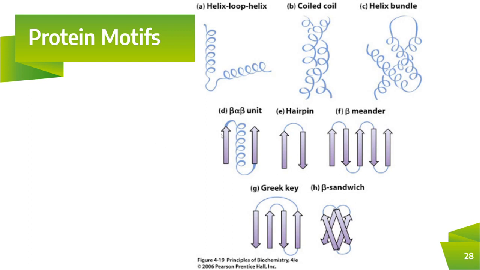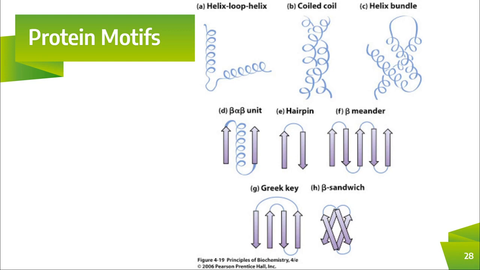Okay, Ashta, very good. There's also a hairpin structure. For instance, if you look at the very green part, you have one part of the beta pleated sheet going up, and then it turns around and goes back. This is the hairpin structure. If you're very creative, or have a good imagination, I would say you can also find a beta alpha beta unit in there. What I'm talking about is the very light blue part, on the opposite of the orange and red part. There's a light blue helix, which is connected on both sides to a